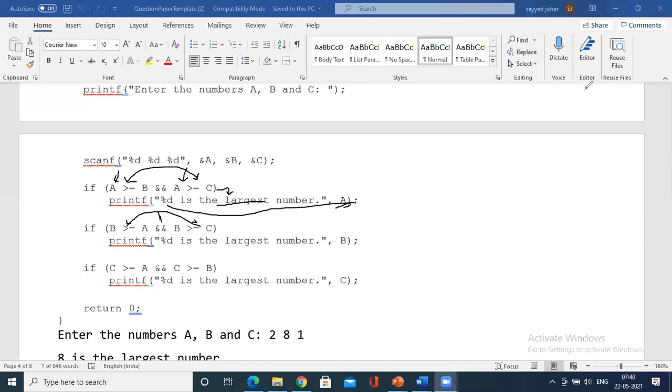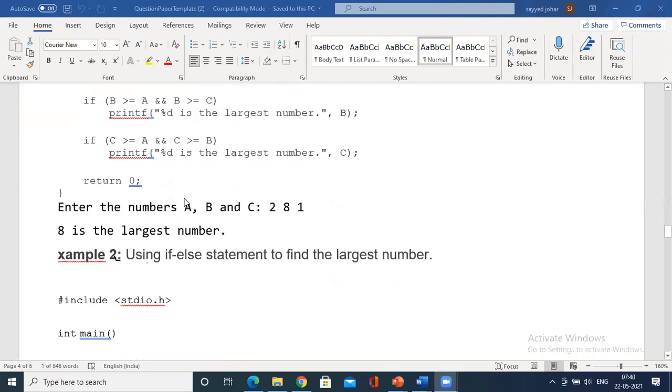If you are aware of the concepts of C, then you know this. And one more, if B is greater than A and B is greater than C, these conditions must compulsorily be true, and C should be greater. In that case only it will enter into this conditional statement. Hence we are able to write this. Okay, so this is by using a simple if condition to identify the largest of three numbers. You know these concepts, right? The input and how to give the output also, right?